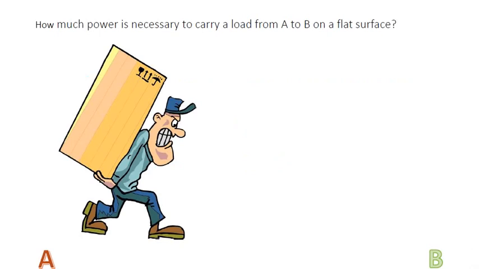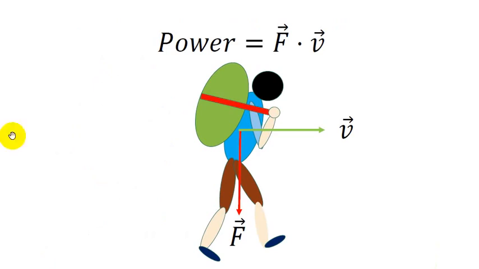First, let's ask ourselves what the power requirement is to move a load from point A to B on a flat surface. You can assume any valid value for the load or any other input you need to calculate this power. It is paradoxical that the power we consume to carry the load is zero. That does not make sense. It is zero because the definition of power in the engineering field is the vector product of force and velocity. As you can see in the slide shown, the force vector and velocity vector have a 90-degree angle between them. This makes the result of this vector product zero.